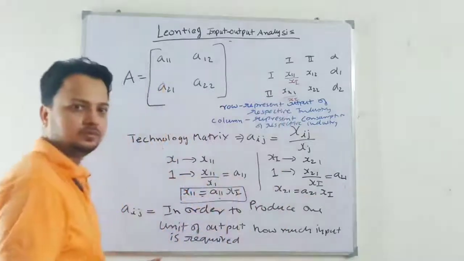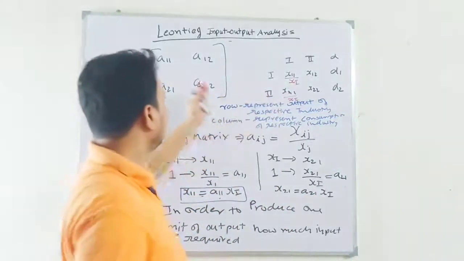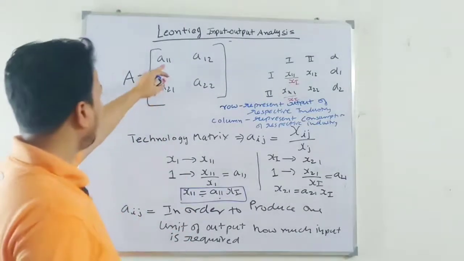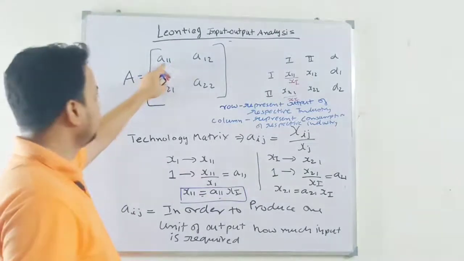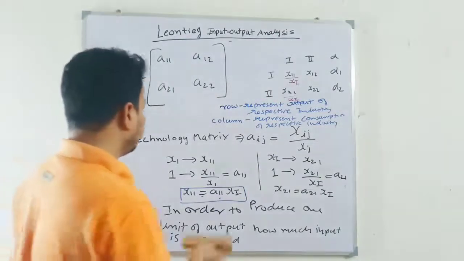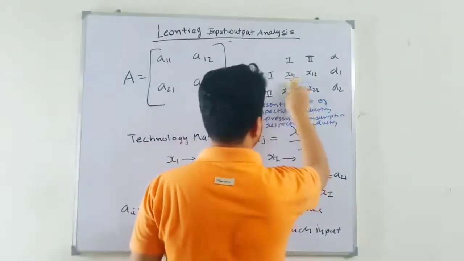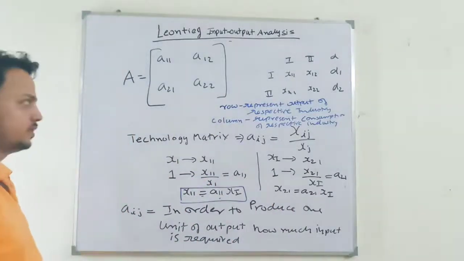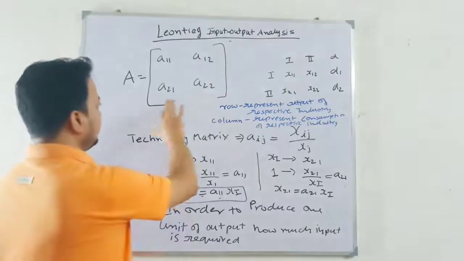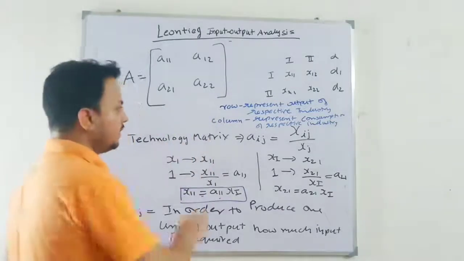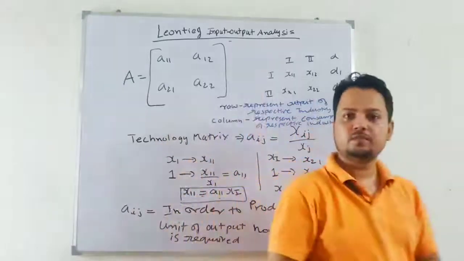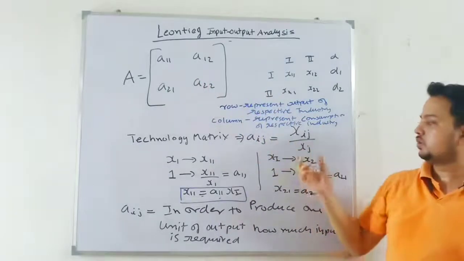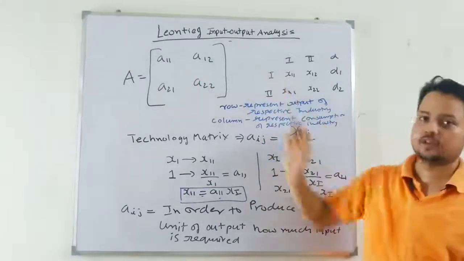I get it, in order to convert this into per unit terms. That means in order to produce 1 unit of output, how much input do I require from the first industry and how much input from the second industry. This is clear. So this is my coefficient matrix for production, and it forms part of my internal demand also. If you are getting confused with internal demand, just remember that it is an intermediate input in order to produce your final output x1, x2.